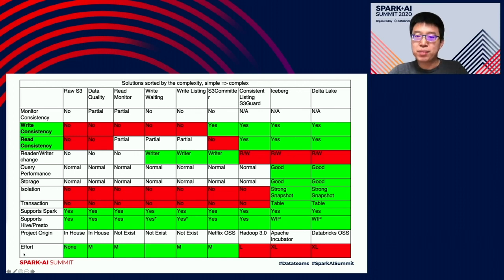So we compared a lot of different kinds of solutions, ranging from simple ones to really complex ones. I won't take too much time to cover each one of them. The quick takeaway is S3 is not HDFS, and there is a lot to consider when you want to switch from HDFS to S3, especially how to deal with the consistency model change. You can use this table later as a reference to make your own decision when it comes to dealing with S3 consistency models.